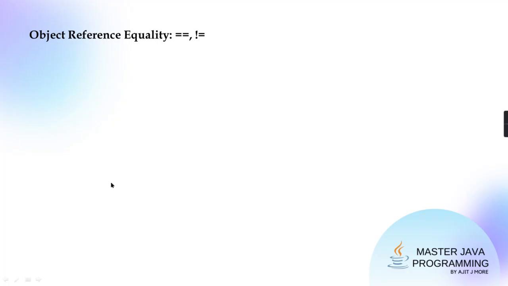Okay, the concept is clear to you. But when we are talking now about these two operators in context of object reference, remember both the operands are supposed to be objects only. One object and one primitive, not allowed. Both are supposed to be objects. Getting? And what does it check? I said equality checks whether both the objects are referring to the same value. And if they are referring to different memory locations, the answer is true in case of not equal.